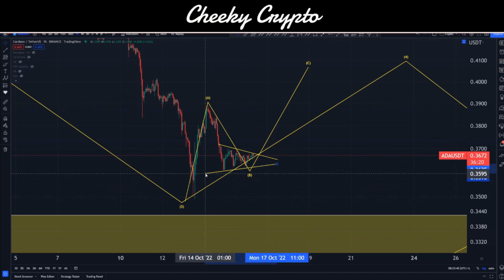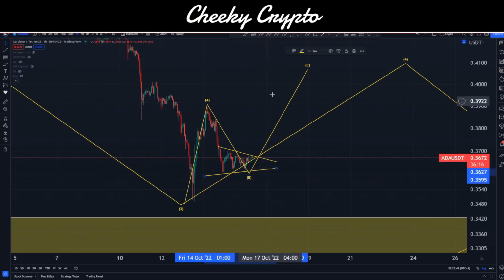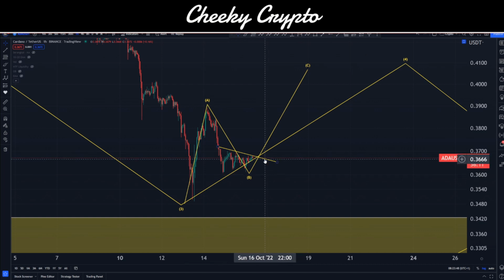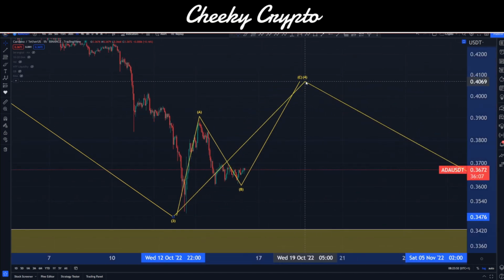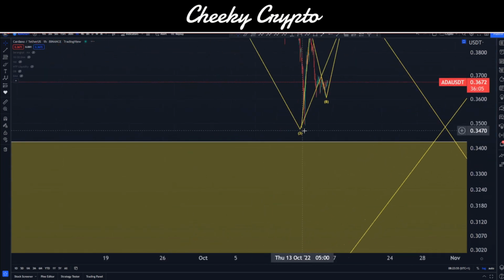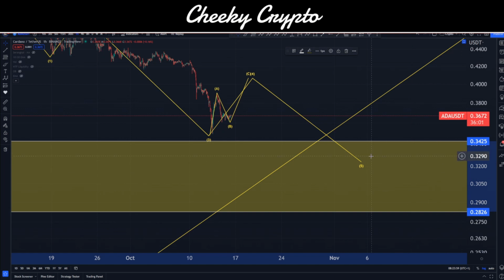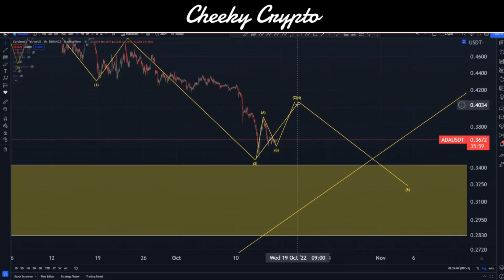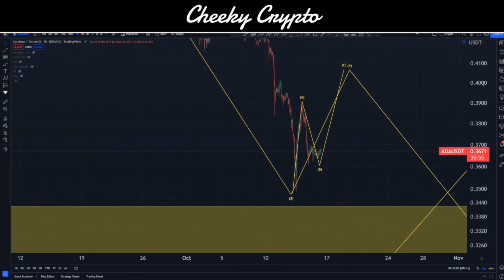My expectations are that we are going to continue this over the weekend, and then next week we'll probably get this break upwards that will finish off our structure. That's what I'm thinking is going to go on. That's all actually just a wave 4 though, so don't get too carried away with it, because we will break down into the area that we've been talking about for quite some time. This is the area between 28 cent and 34 cent, and if we do have this move up here, then we can make a couple of assumptions as to where we are likely to go.